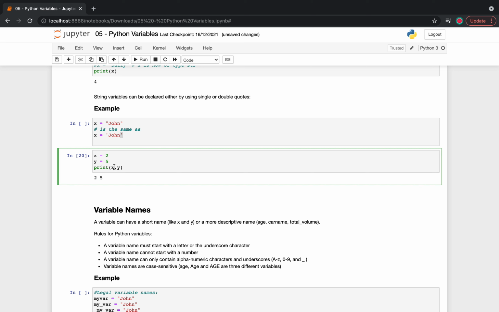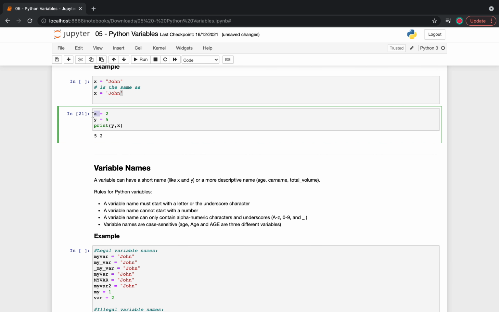Let's say we try to print the value y first and then x. So it will become 5, 2. So y is equal to 5, x is equal to 2. So x is the variable, 2 is the